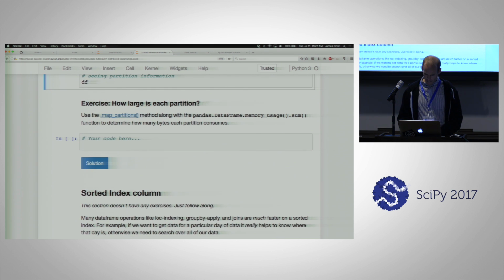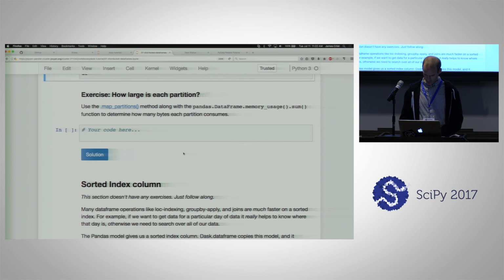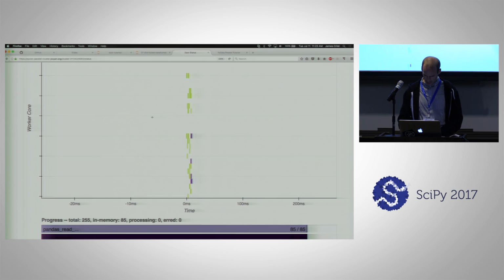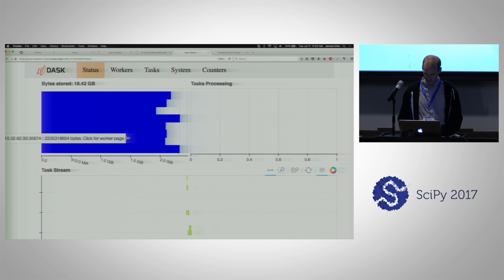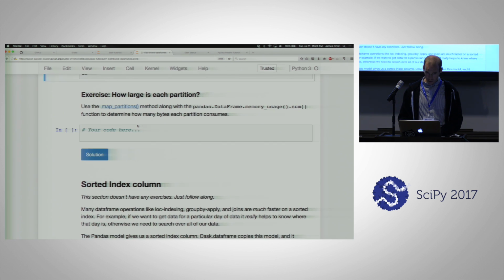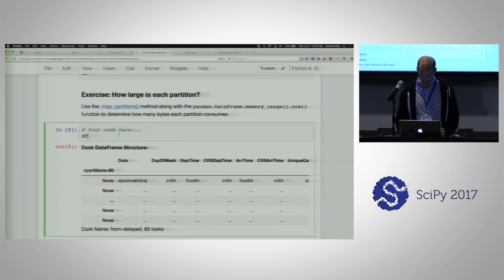Okay. I will have you do this one, I think, because this is nice and quick. I already told you that here we know what the total is of the bytes in memory. This is a useful thing to keep an eye on. But you could want to do this for yourself, commonly as a precursor to running the whole big query that you might do later. So we have this thing, df, and df has a method, map partitions,